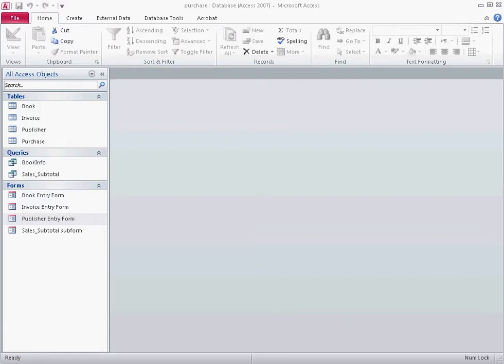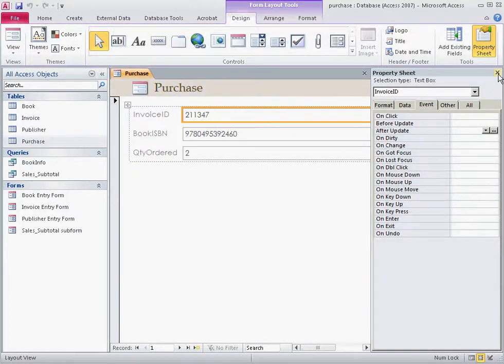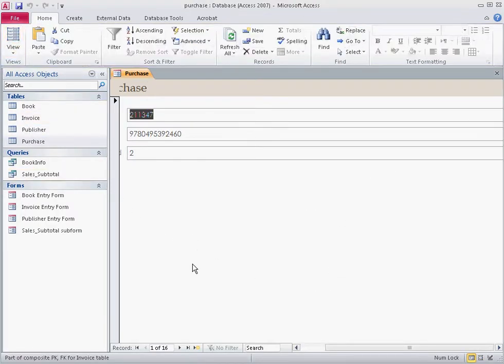In this final video, we are going to create a form for the purchase table. So let's start out with the purchase and go to the Create tab, Auto Form. Now, let's close the property sheet. Now we have our form in place. If you look at this form, you can basically see